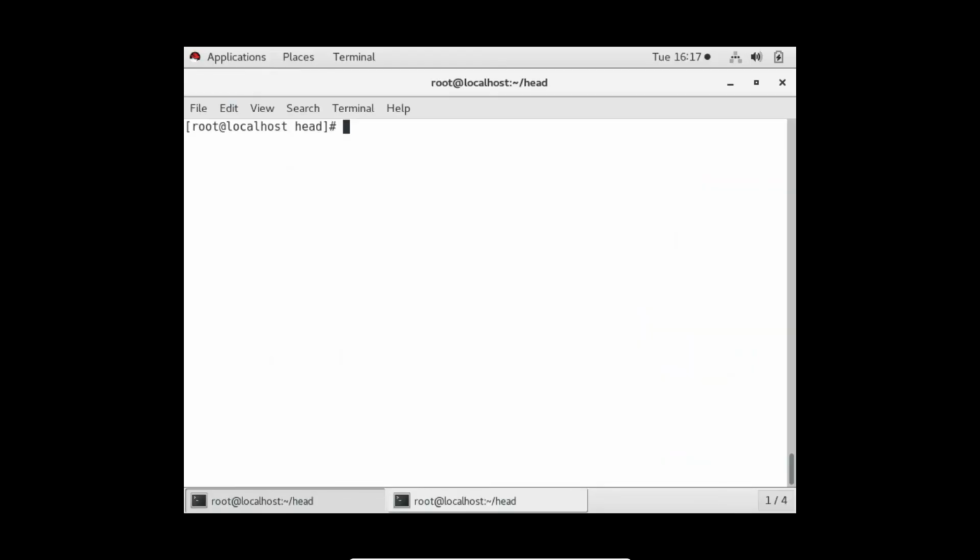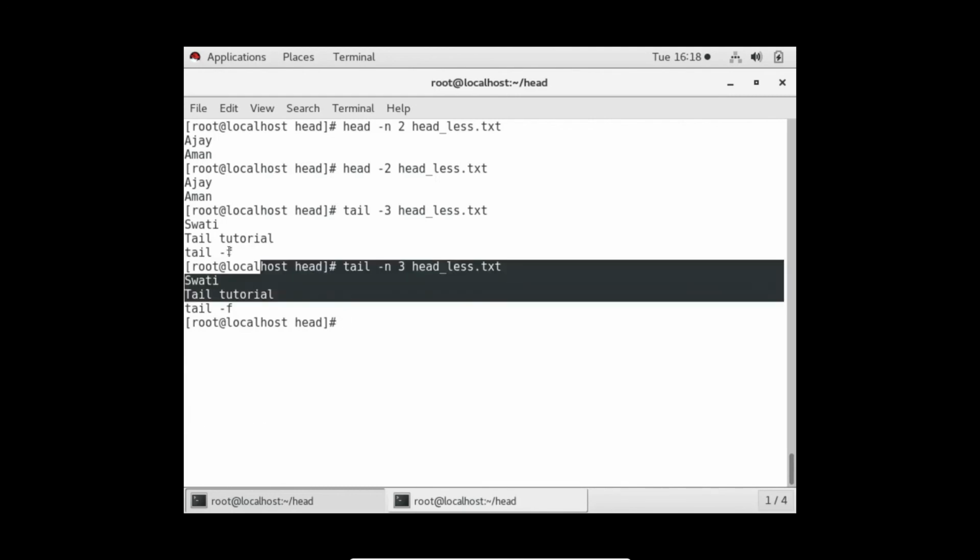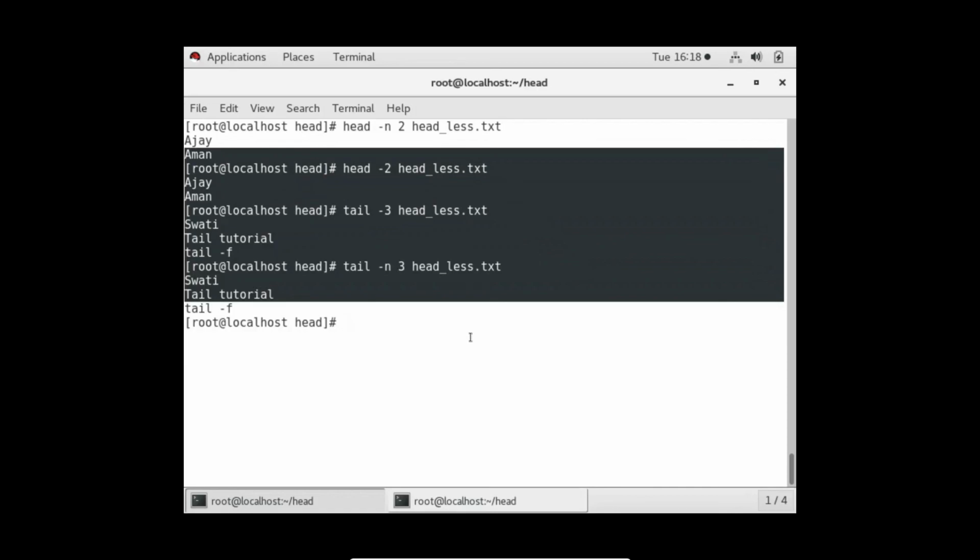Let me show you the demo of this first. So head -n 2 shows Ajay and Aman, and if I don't use -n, directly -2 means how many lines? 2 lines. See, same thing with the tail command also. It will take the last 3 lines because I gave -3, and this is just equal to -n 3. See, if you match the output, both are the same here and in head also. Now